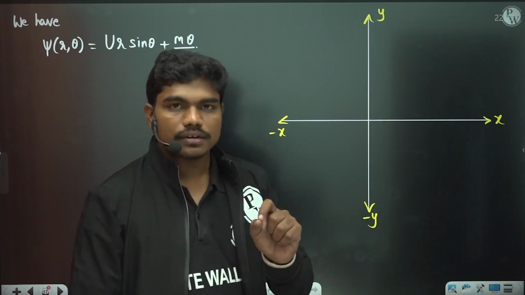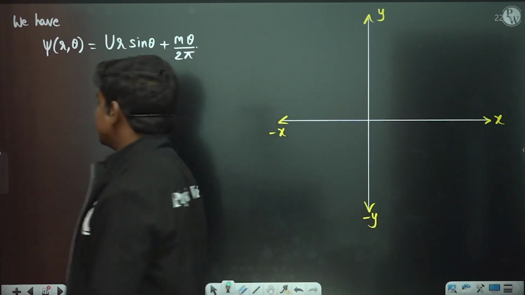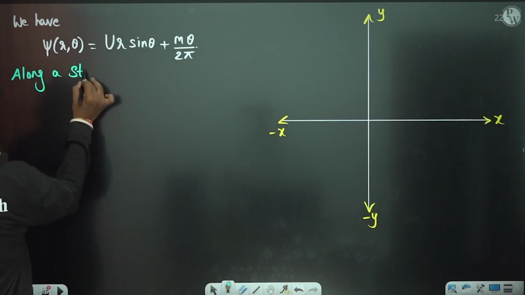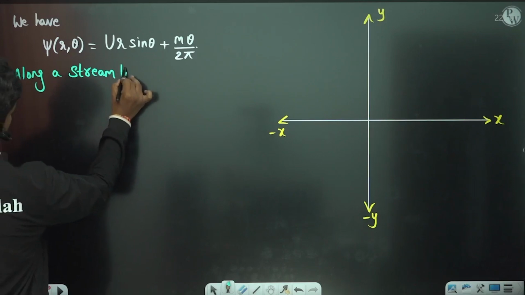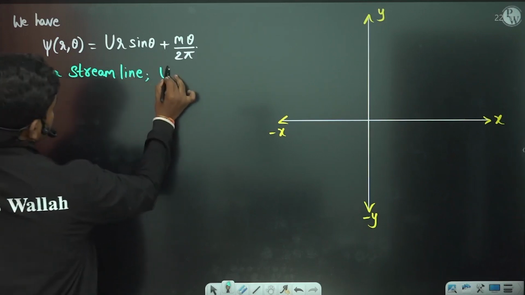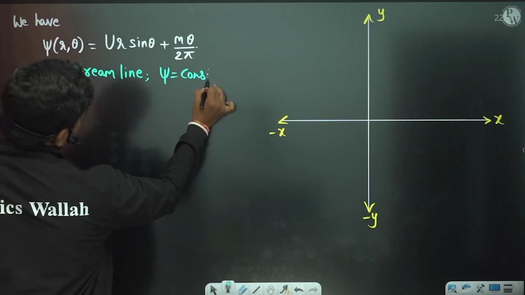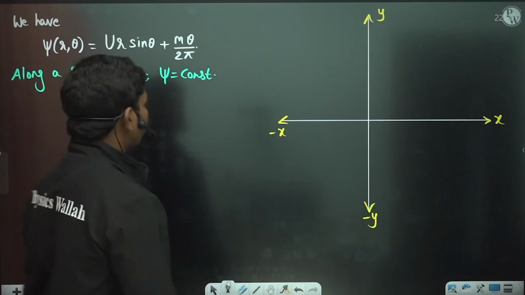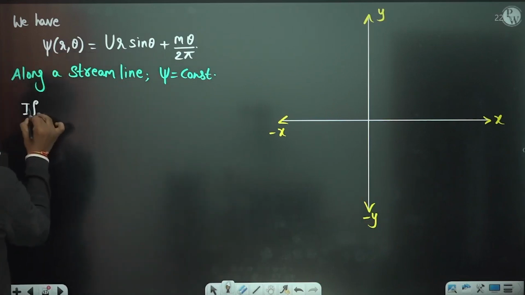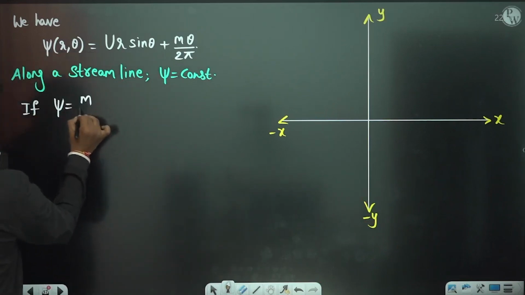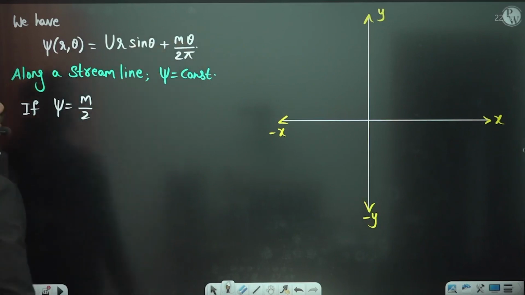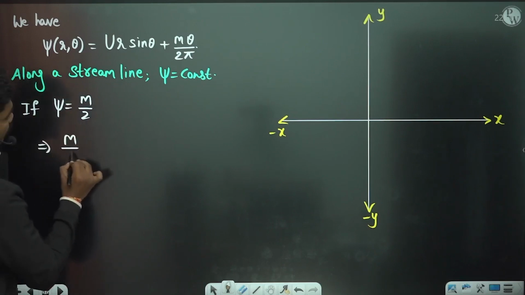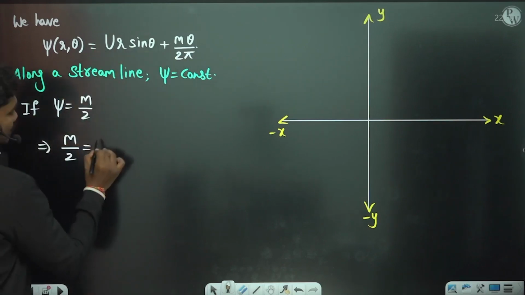Along a streamline, psi is constant, correct? We know that along a streamline, psi is equal to constant. Correct? So let us take one particular value of stream function. If psi is equal to m by 2, because there is some m by 2 here, so I want to write something in terms of m by 2. So if psi is equal to m by 2, this implies m by 2 is equal to this function u